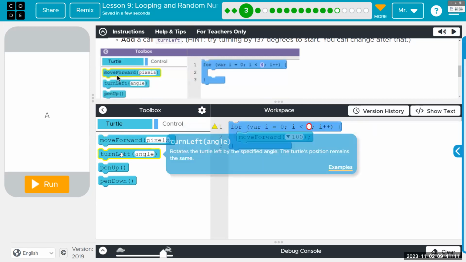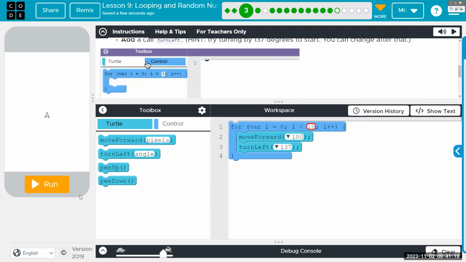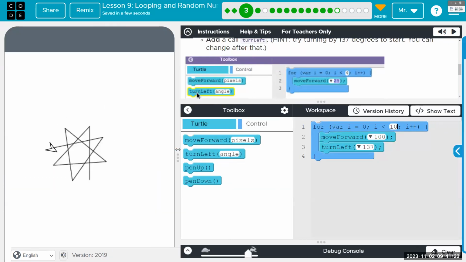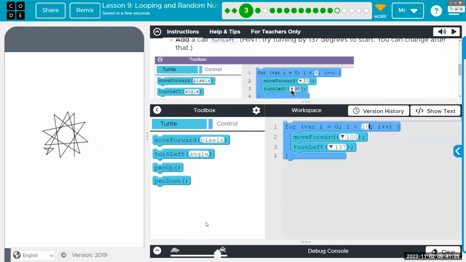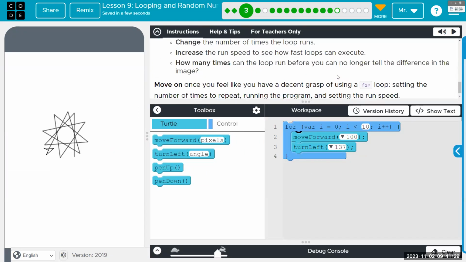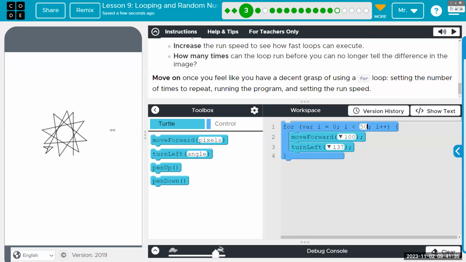And then we need to turn left 137. And how many times do we want to do it? To say how many times we should loop, I'm not terribly concerned, so long as you get something that works.